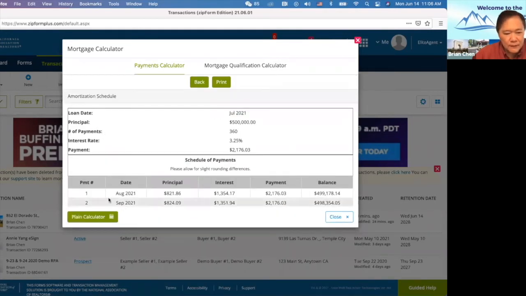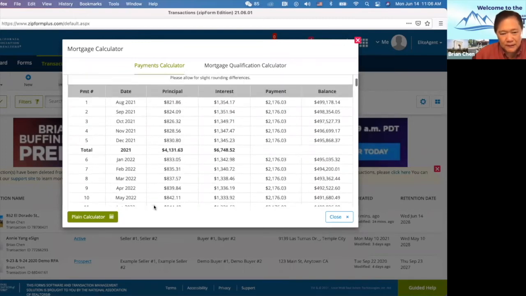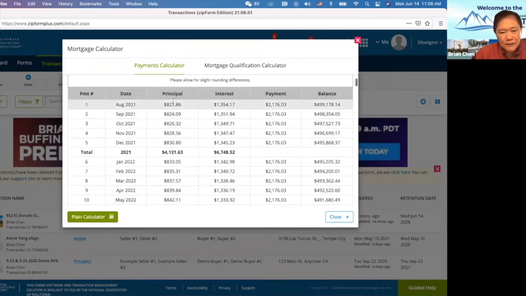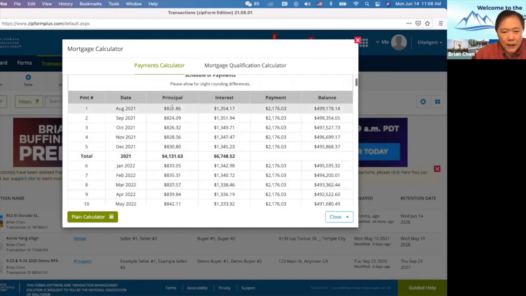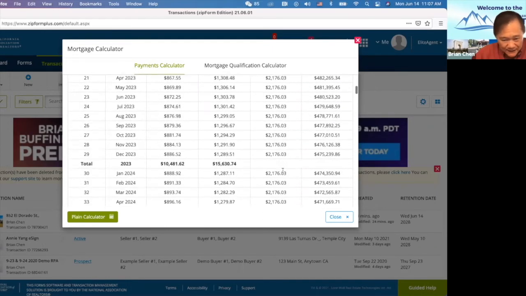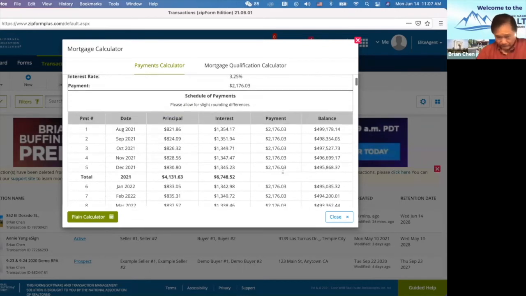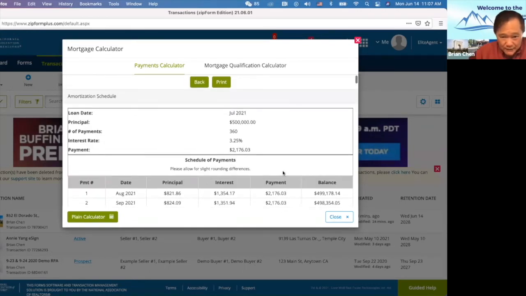Display table. August 1st payment. Your August 1st payment, principal is this amount, interest is this amount, okay? And then you keep on going. That's how the principal reduction and interest payment work, and your total monthly payment stays the same for 30 years, okay? You can actually print this out to your client,